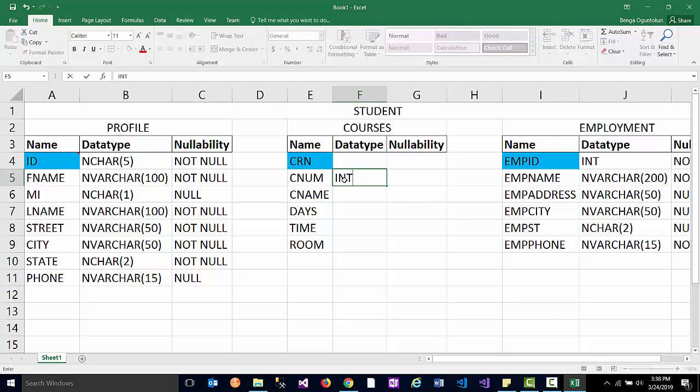I'm going to do the first one, CRN. I'm going to make it an integer, and it's not null. It's the primary key. Primary keys are required. Okay. So the C name, I'm going to make it a varchar